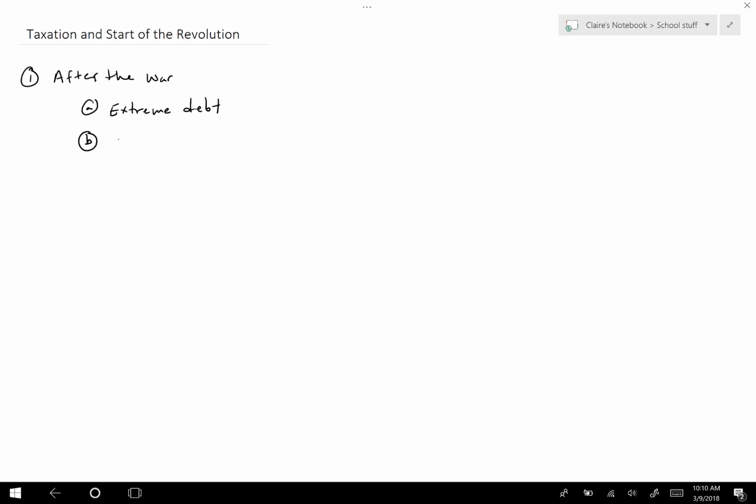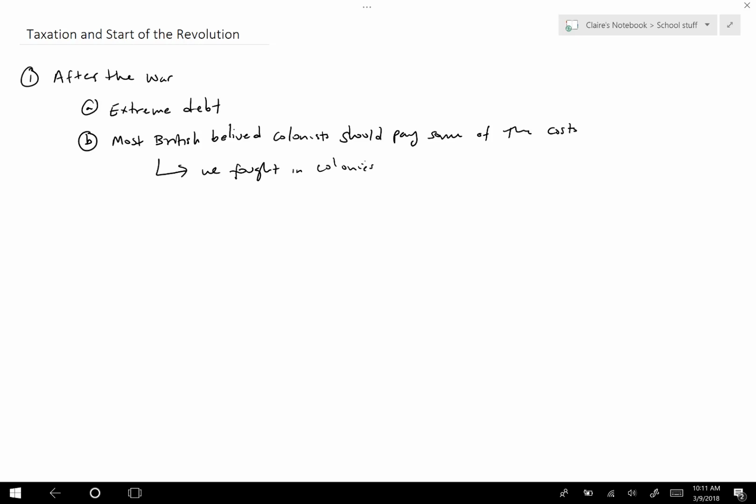And the British believed colonists should pay some of the costs, because again the idea was we fought in the colonies to protect you, so fair is fair. Now for the colonist view, so this is the British view,